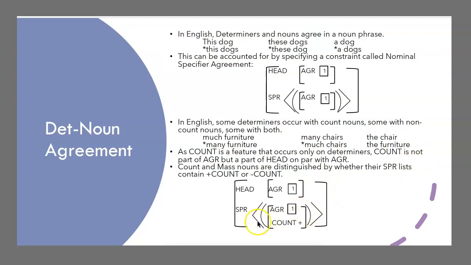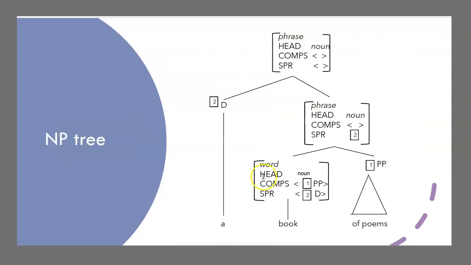This is actually what's happening here. You have nominal and specifier agreement, head and specifier agreement, similar to your subject verb agreement. Whatever is specified in the specifier should occur with it. Similarly, for a verb phrase also, whatever is specified in the specifier has to be there as a subject. So both kinds of agreement, determiner nominal agreement and subject verb agreement, are taken care of in a similar fashion. They are not two different types of agreement. Okay?